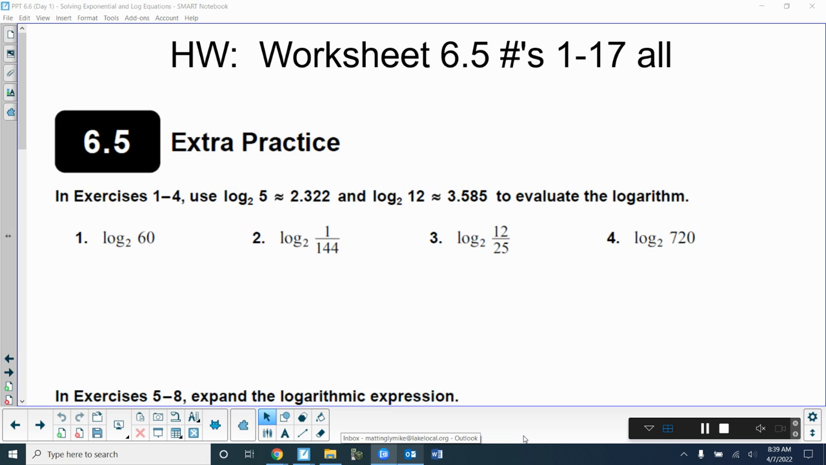All right, so on Monday, we learned how to evaluate these using the change of base formula. And here's what they wanted us to do. We also learned about properties of logarithms to expand in that. Looking at this up here,